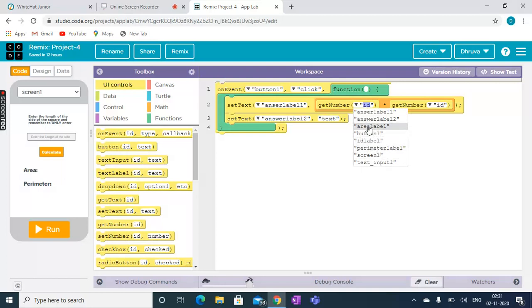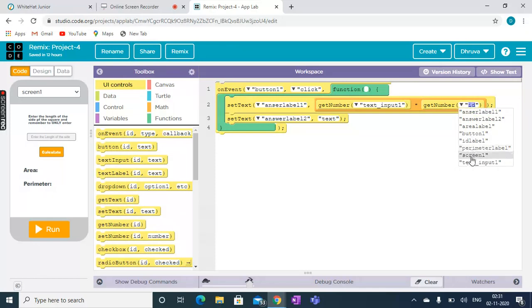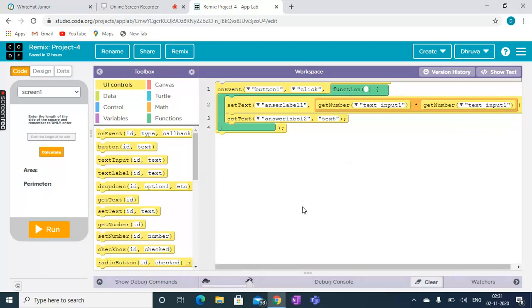You're thinking why text input? Because it is getting the number from the text input, and it will multiply it by the text input. This is the formula for the area.